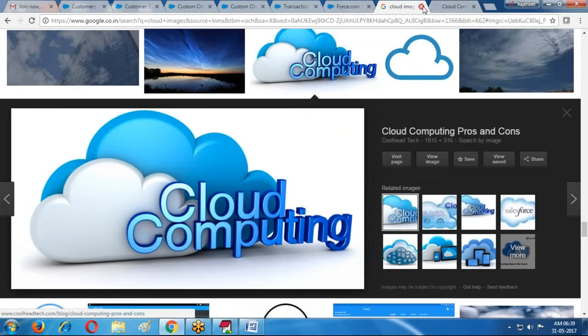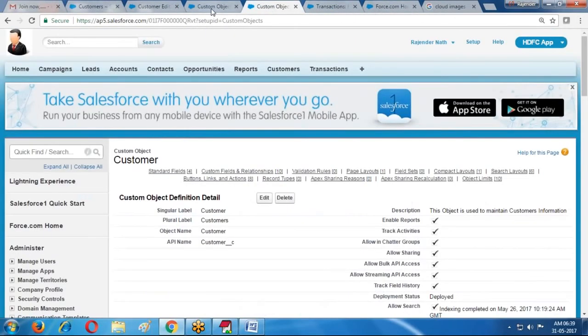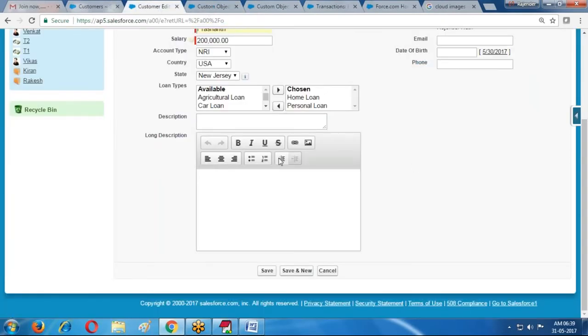Now I am loading this image. Salesforce is a cloud computing, or Salesforce is cloud based technology.